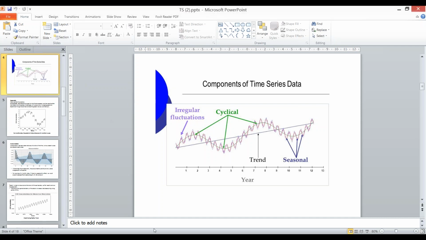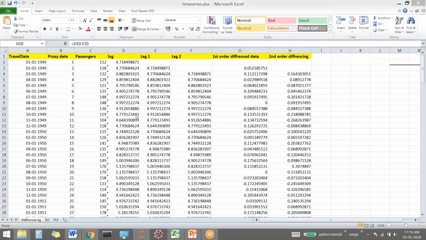Today we'll be working on that passengers data, and I've already shared that file with you. In order to make a time series stationary, we can do log transformations, or first order differencing, second order differencing. We did it in the last class, to get an understanding of how differencing works, and we plotted the graph and saw that we were able to make our time series stationary. What is differencing, what is the logarithm value, and how do we bring the values back to the same scale using exponential. Today we'll move ahead in this.